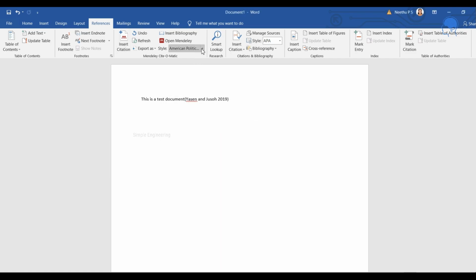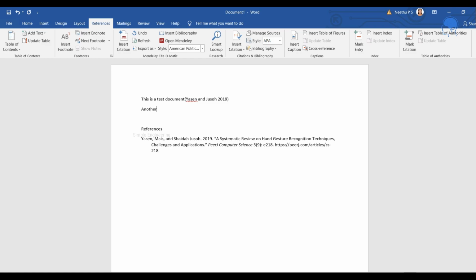According to American Political Science Association, that citation will come over here. And in references, you have to add that. Just click the insert bibliography button. The paper which you are citing, the reference will come over here. Like that, you can add the citations and all the references in your paper.